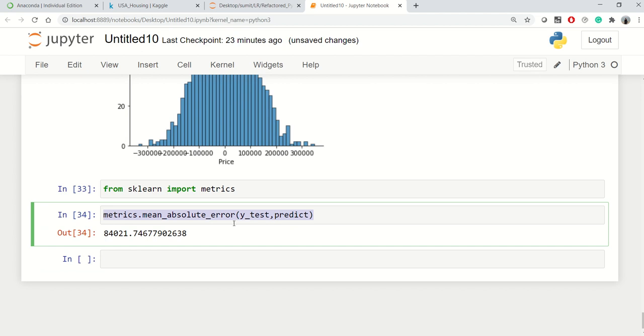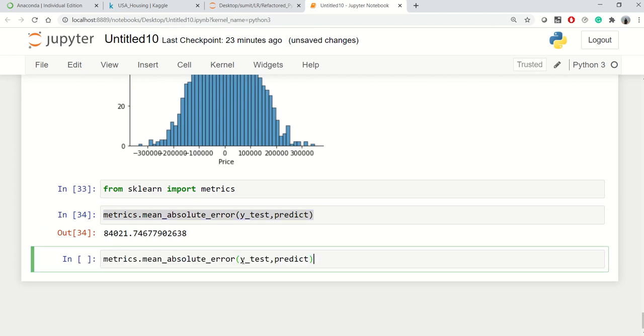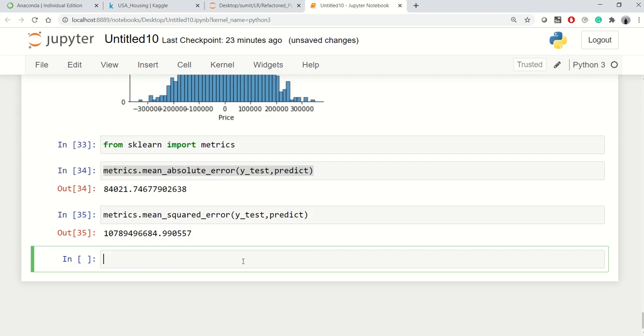The same thing we're going to do for root mean squared error. So I'll say metrics.mean_squared_error.